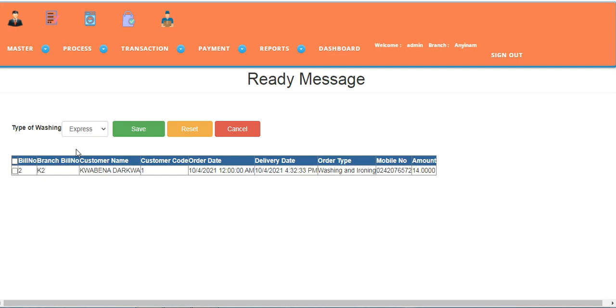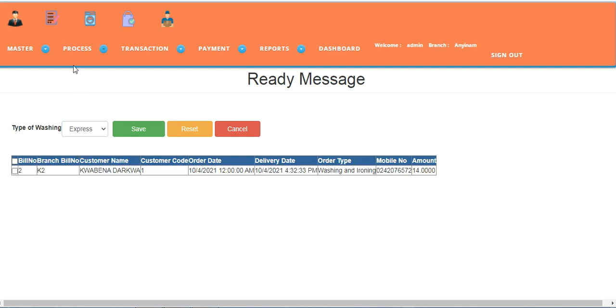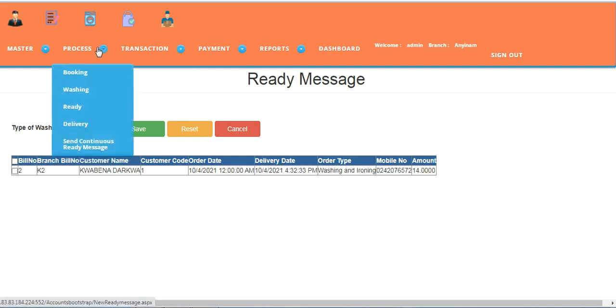Now if you want to send him a message through WhatsApp or SMS, if you have the SMS package linked, then you can select the customers you want and tick them. If you want to select partially, you can do that also. All the customers you have ticked will receive an alert message that their delivery is ready for dispatch. So you can alert them through SMS also. The same we can categorize for ordinary orders and for express orders. Now we have only express orders, as I made the booking similarly. Now the process has been totally completed. It's a very simple process, very easy to handle.